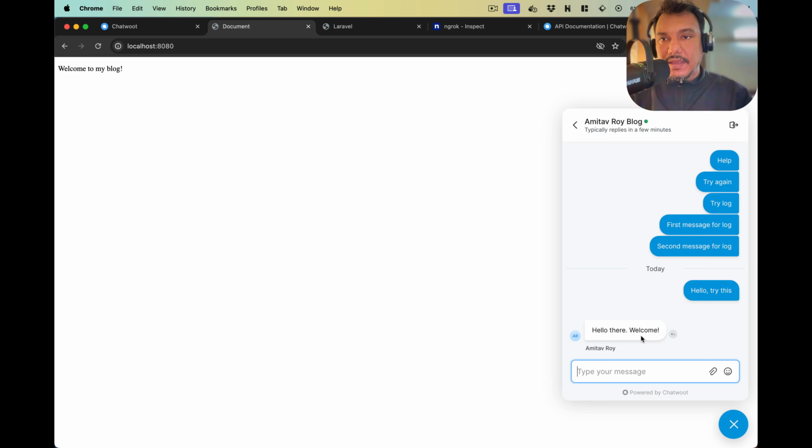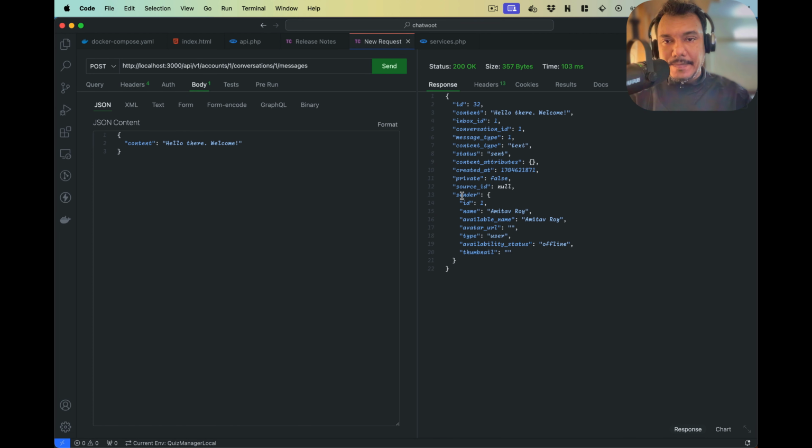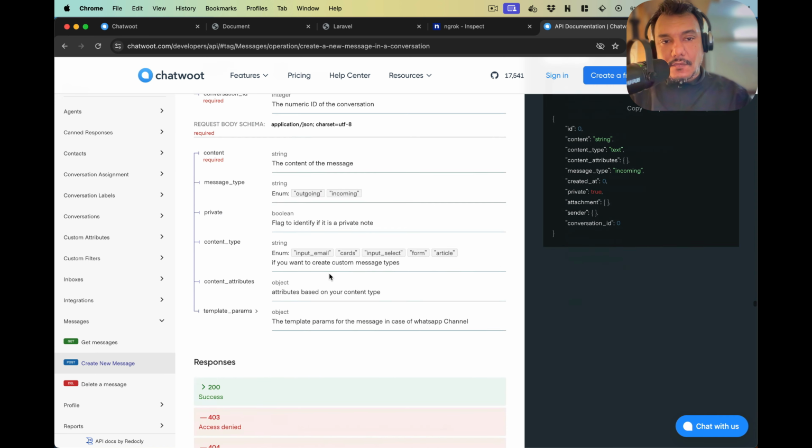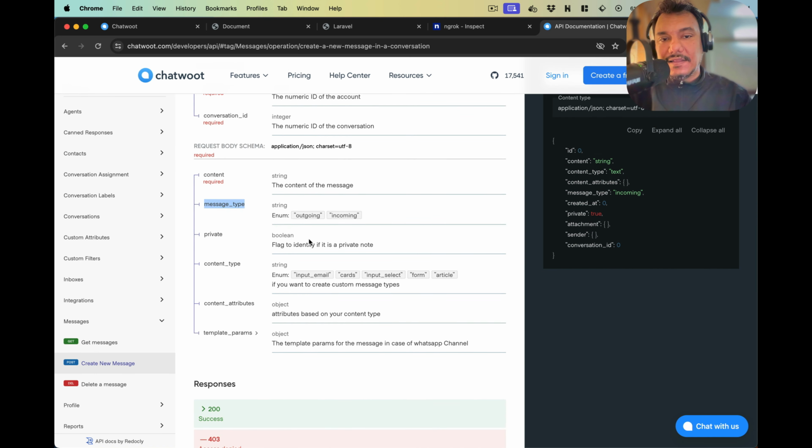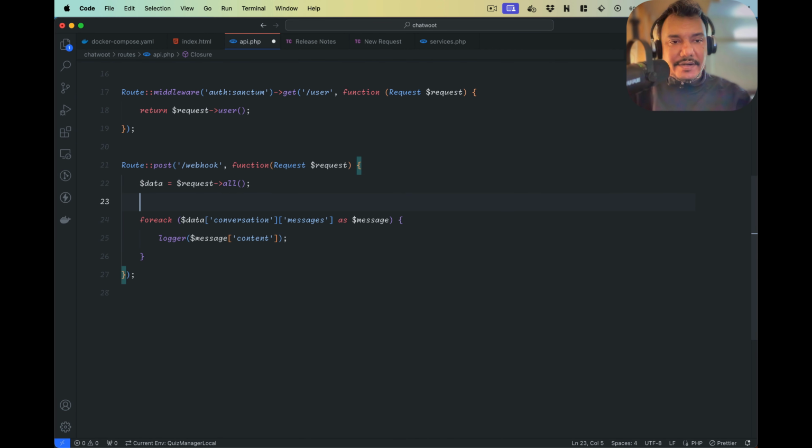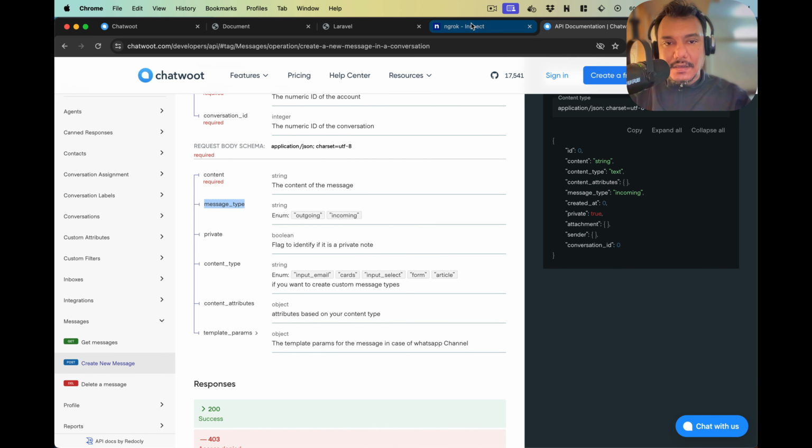So now why don't we make certain changes? So for example, what I would like to do is only tackle the incoming messages and not the outgoing. Okay. And then initially, let's just say we are only interested in a message which has specific words inside it, very specific, whitelisted words that we will be interested in. So let's see how we can do that. So I will first of all return if my message is not of type incoming. So that basically means